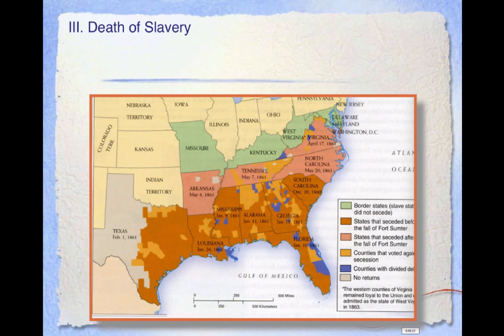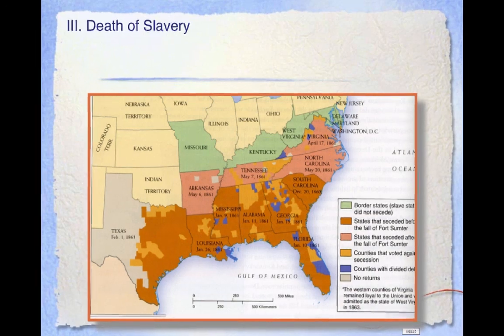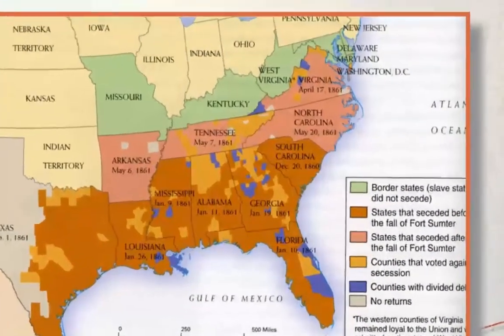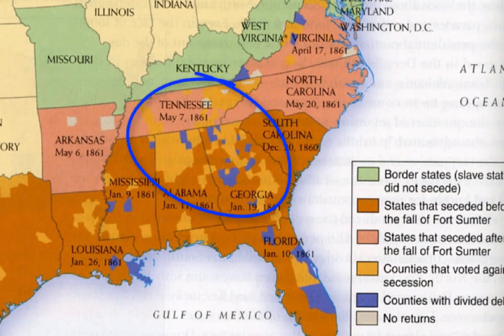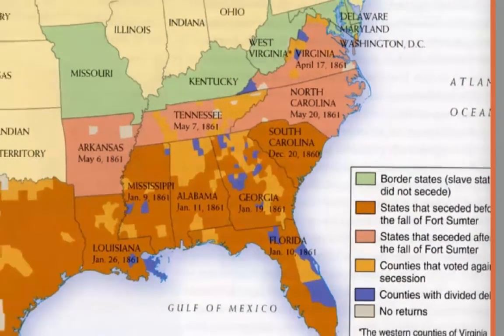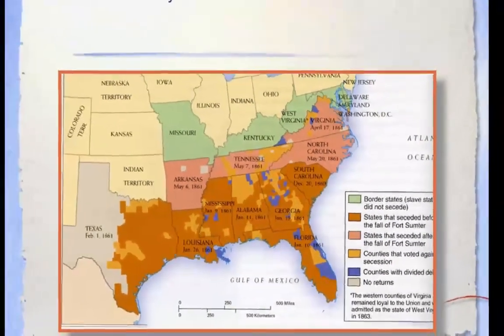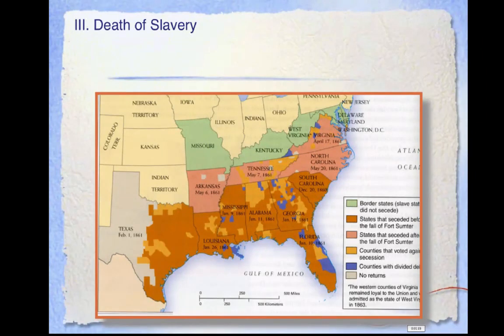To begin, we need to recognize that although the South was largely unified in their support of slavery and hatred of Lincoln, they were not unified in secession or the Civil War. This map depicts the range of votes regarding secession. In it, we see that the border states did not secede. We also see significant opposition to secession in most states that did secede. Lincoln was aware of these splits, and they played into many decisions he made, especially regarding the Emancipation Proclamation.